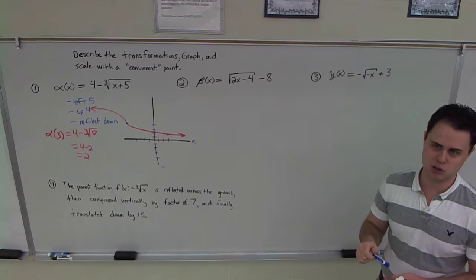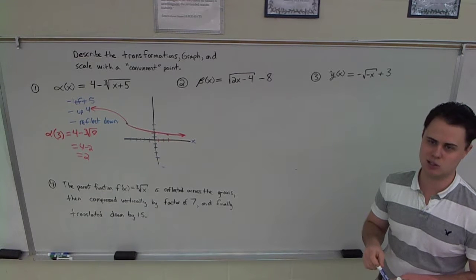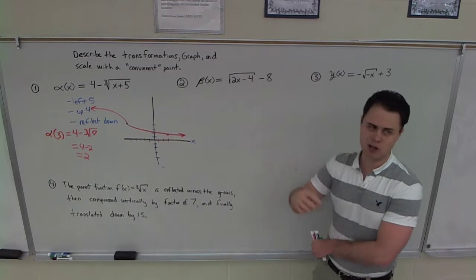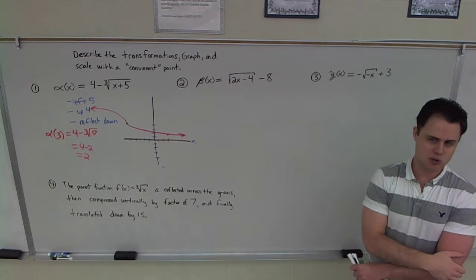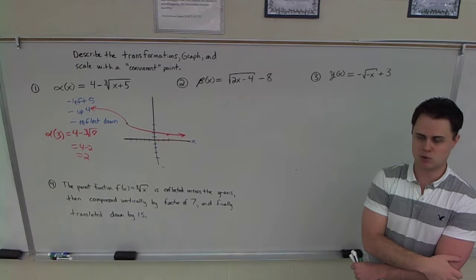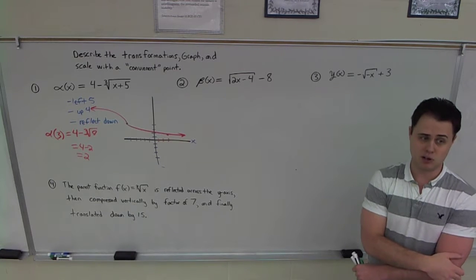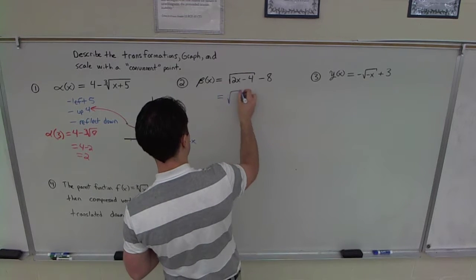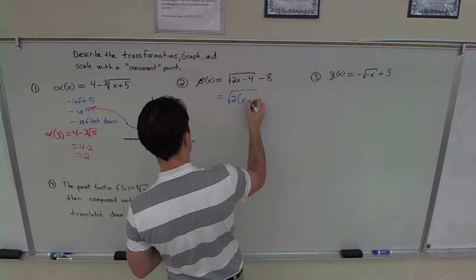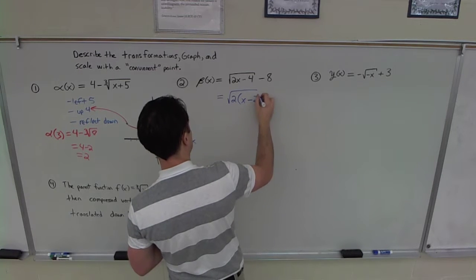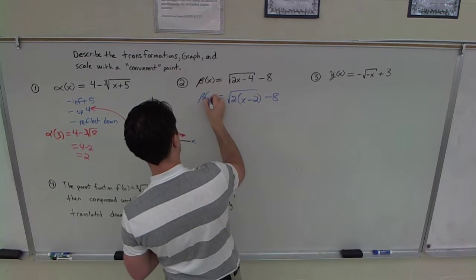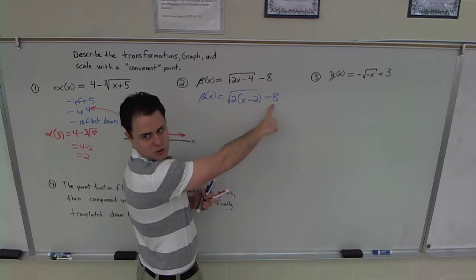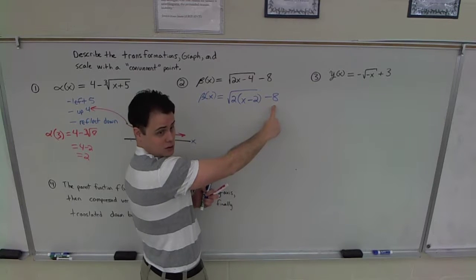Beta has a sneaky transformation. So the first thing you should do is identify that sneaky transformation, because inside there's more than one thing happening. You've got the 2 and you've got the minus 4. So immediately, if you see that there's more than one transformation inside, you're supposed to what? Factor it, otherwise you're going to get tricked. So definitely want to factor that first and say this is 2 times x minus 2. That's what beta is here. So this is going to be, I'm just going to say it, I'm not going to write it, it's getting our stuff cluttered. It's down 8,